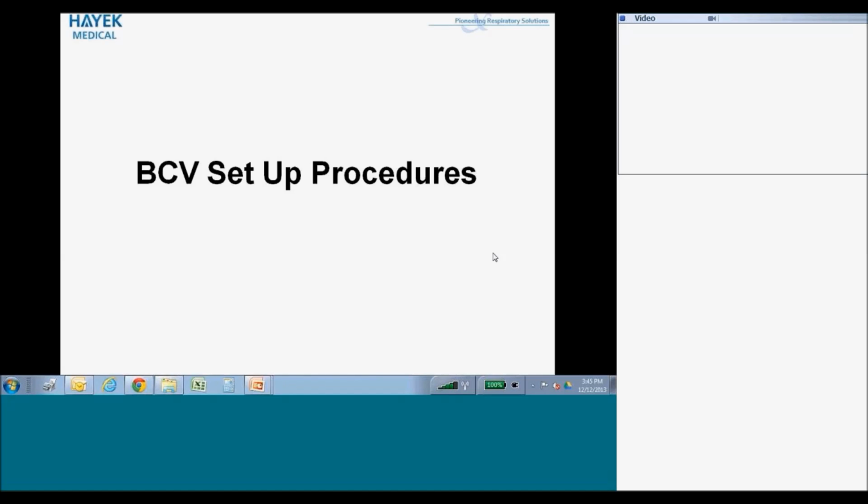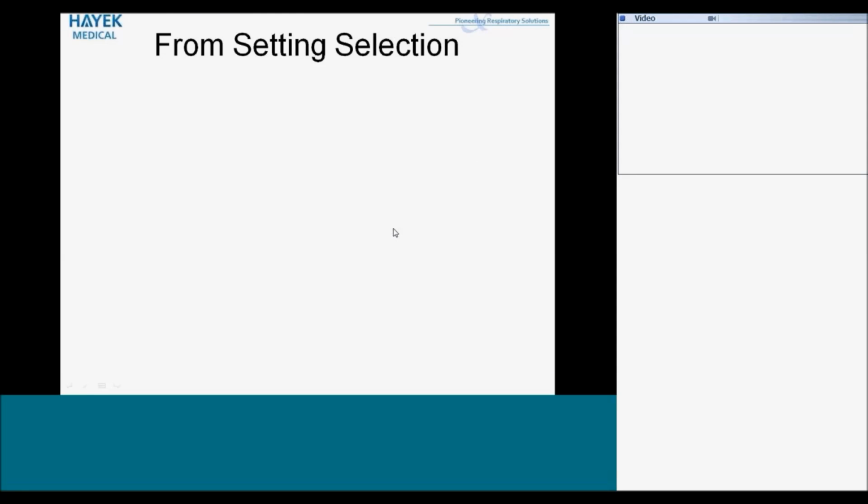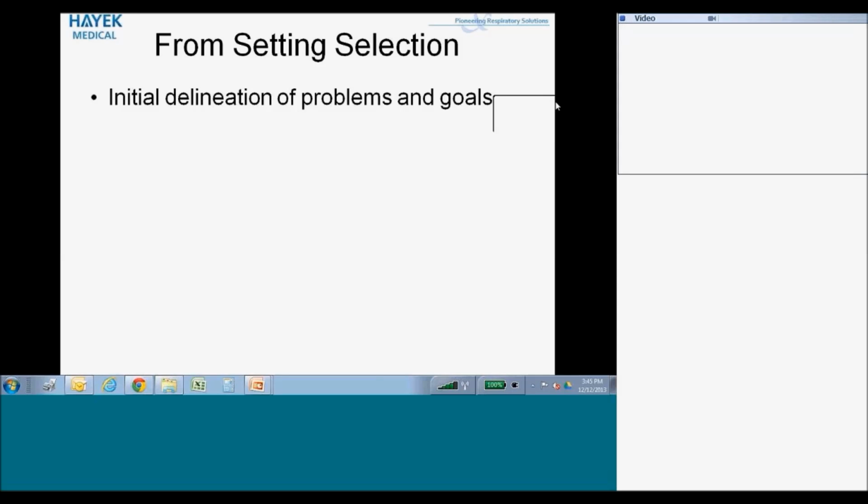We're talking about setup procedures for the home care patient on biphasic thoracic ventilation. Okay. So, to begin with, we're going to talk about the things that should be in place for you from the setting